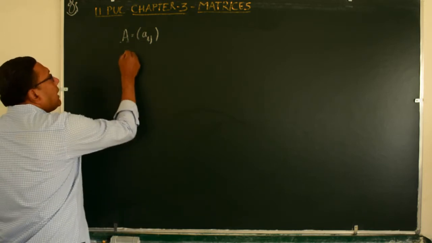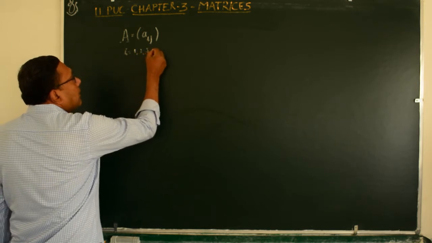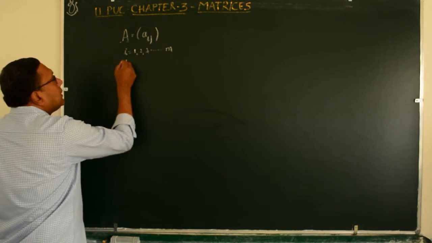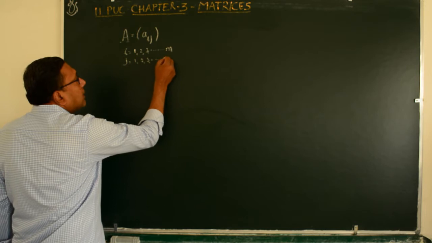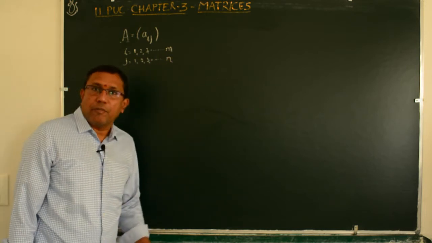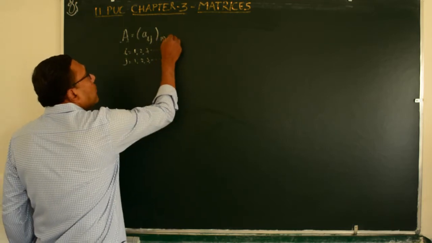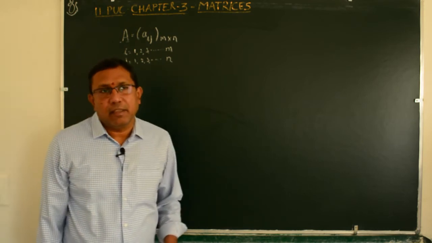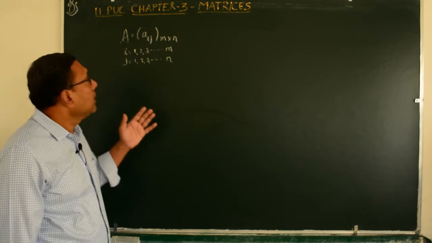I takes values 1, 2, 3, etc. up to M, and J takes values 1, 2, 3, etc. up to N. You can see the order of a matrix is M cross N. What it means is that there is a matrix which has m rows